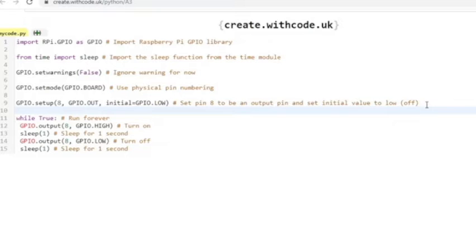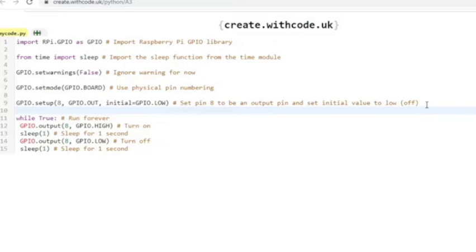So if you want to use that number, you have to set BCM mode. But here we are setting board mode. It means you have to use the physical count instead of the GPIO number. Physical count means pin number 1, 2, 3, 4, 5, 6. So pin number 3 is actually GPIO 2, but we will use pin number 3 in board mode.